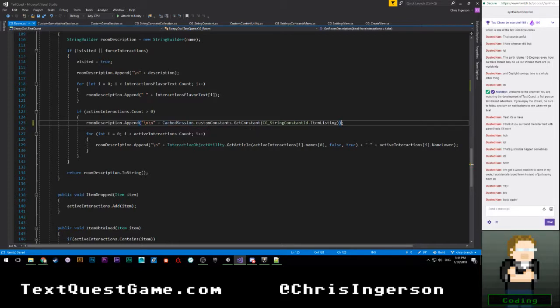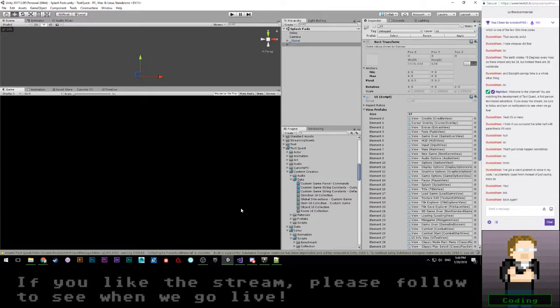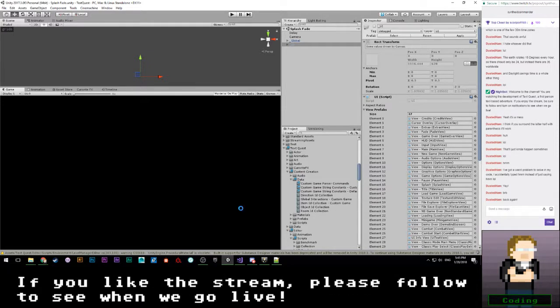Okay, so we should be able to right now go into our custom game and pick up an item, drop it, re-examine the room, and instead of saying you see an item, it should say there is an item. Oh, jeez. I know that was a lot of setup for a relatively minor amount of payoff, but it's totally worth it, trust me.